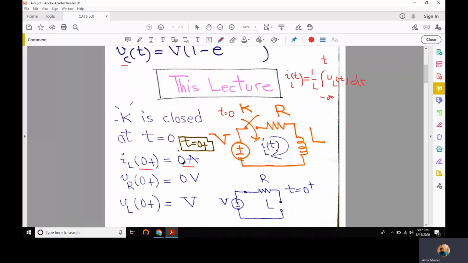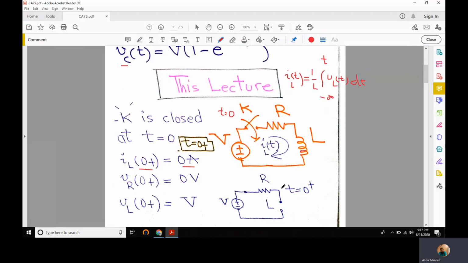It starts increasing and finally becomes equal to V over R, because finally it gets short circuited as time approaches infinity. As the time approaches infinity, this inductor becomes short circuited and the current is then V over R. But as soon as we close the switch, it is open circuited because current through it cannot change all of a sudden, and the current through it at time t equal to 0 minus was 0, so it remains 0 even at time t equal to 0 plus. Since there is no current in the circuit,